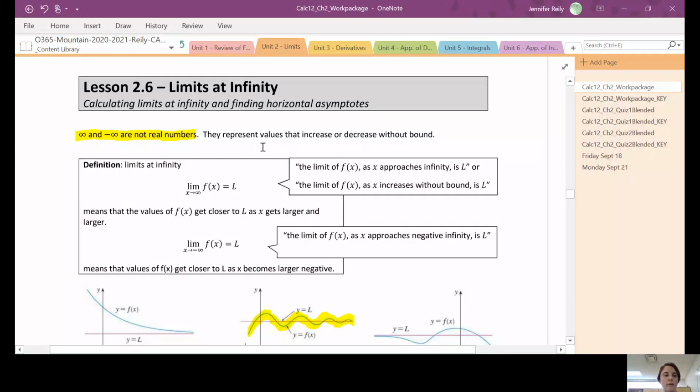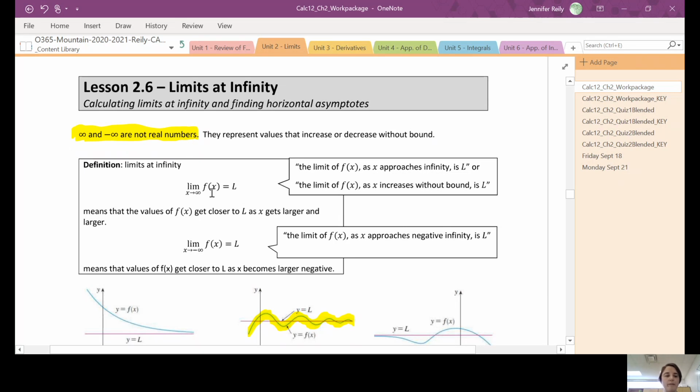2.6, which is about limits at infinity. So we're going to be taking the limits as x goes to positive and negative infinity in this lesson. Just a quick note that's highlighted here before we start. Infinity and negative infinity are not actual numbers. They represent values of x that increase or decrease without bound. So you can't actually take the value of a function at infinity, but you can take the limit as x